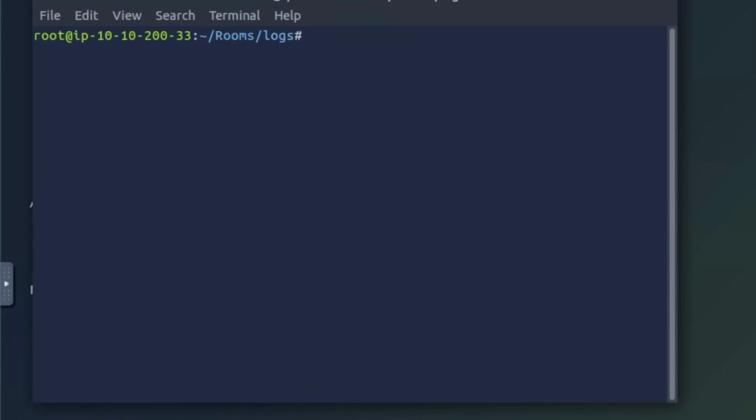So we can actually pipe the output of several commands into each other. So I can technically do grep, and I can do